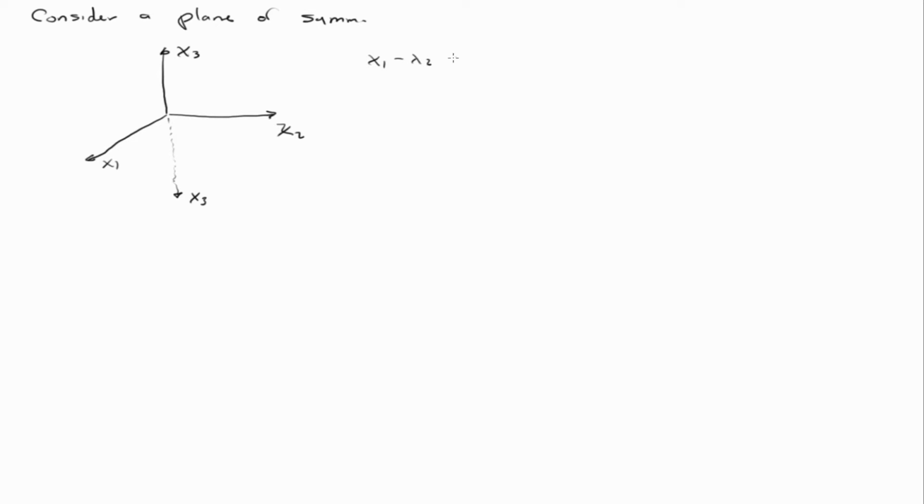So if you have one plane of symmetry, so if you consider a plane of symmetry, we have a coordinate system, and if we assume that the x1, x2 plane is a plane of symmetry, then I'm going to use the same sort of notation we use for rotation matrix, but it's not